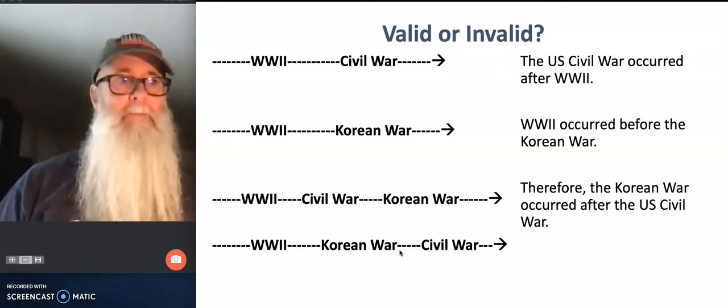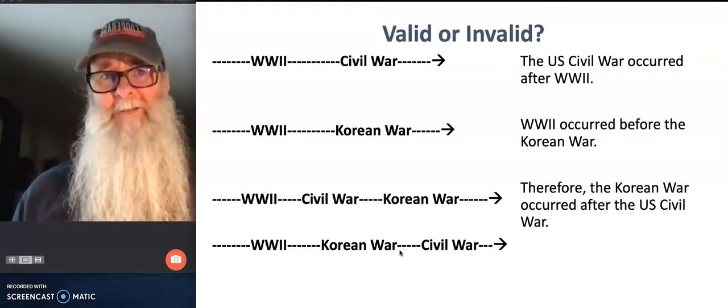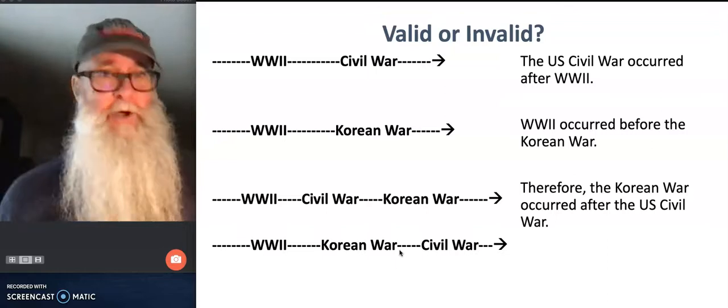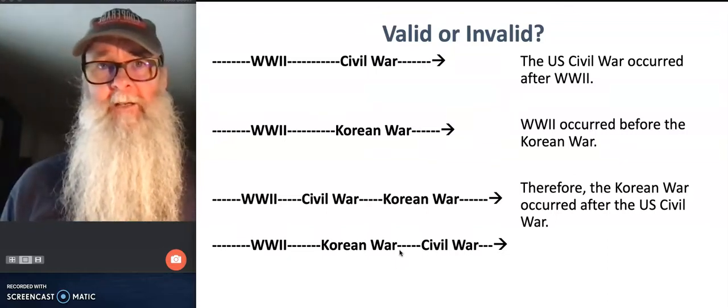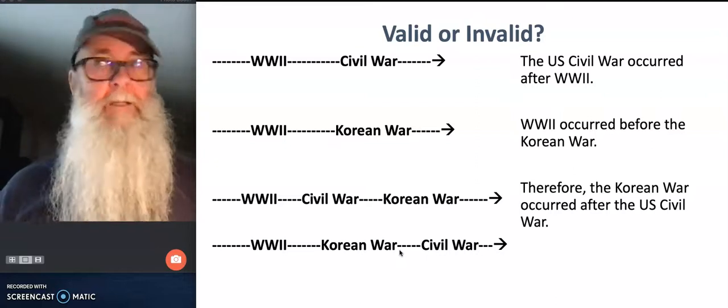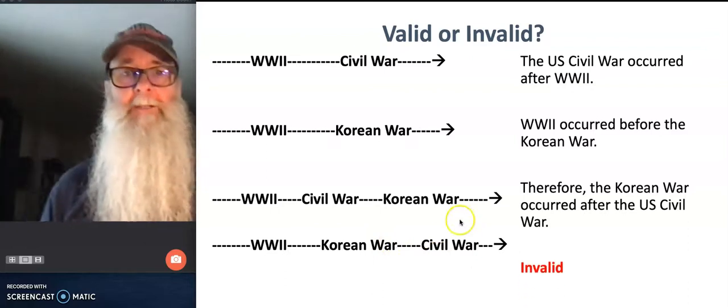Okay, I can think of one possible way that it doesn't. And it only takes that one possible way for the argument to be invalid. And once we determine the argument is invalid, we're done. There's no point in considering any further an invalid argument because it's not put together right. It's not reliable. But if it's valid, then we give it more of our time. Then we say, I'm going to go in and look at those premises. All right, so